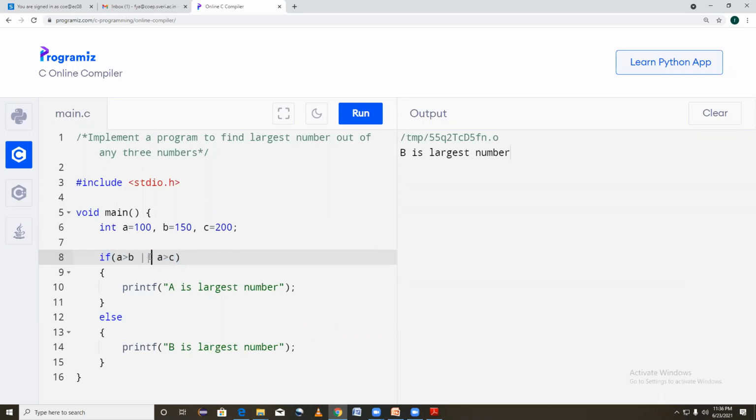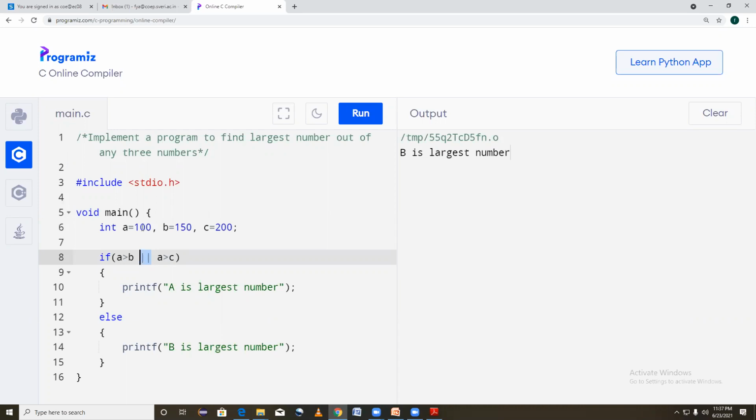If you have taken this logical OR, you are in the wrong direction. See, I will tell you now. What happens in this case? A is greater than B. This condition will get checked.